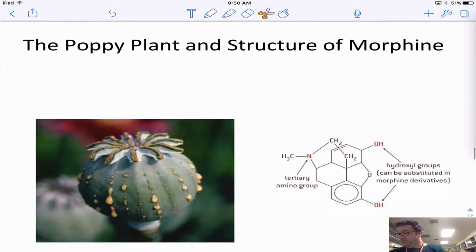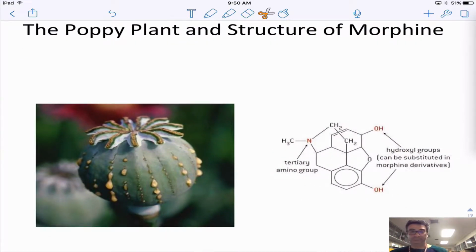So when we look at morphine, here's the poppy plant, and here's the structure of morphine, and here is where we're going to start changing the functional groups to make it more or less powerful. Here with morphine, we have the two hydroxyl groups. Now, there's a big part of this molecule that's nonpolar, so it can cross through the blood-brain barrier. Morphine can be administered orally, it can be administered intravenously, depending on how quickly you want it